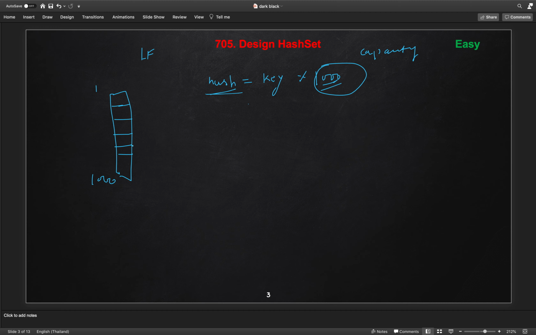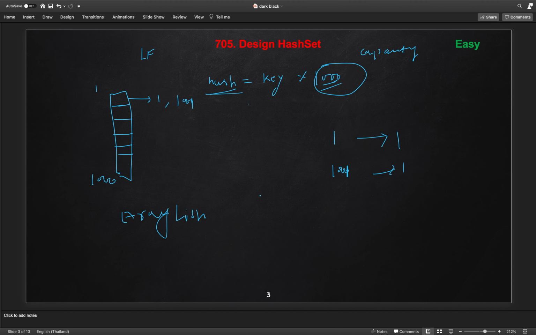And in this array we will use a linked list or an array list. So let's say this is an array of lists. Let's say we have to add two numbers, 1 and 1001. Both of them have modulo 1 with 1000. Let's say first we got 1, we will add 1 here. Now we got 1001, we will append it into the list at this index, with the actual original key value. So this is the add logic, and this is the way we will add.